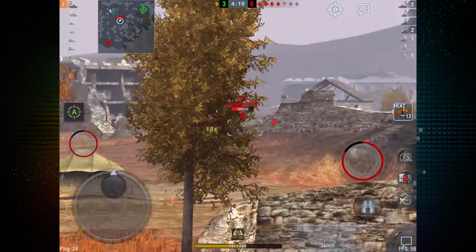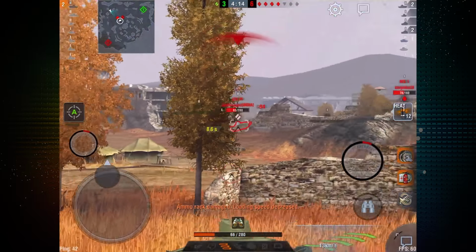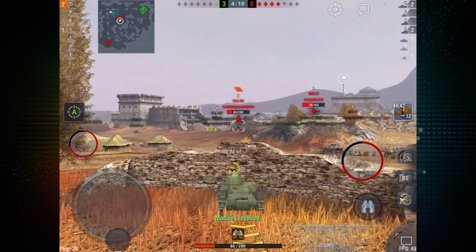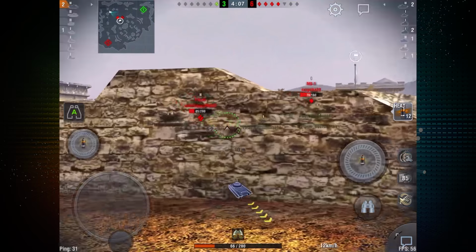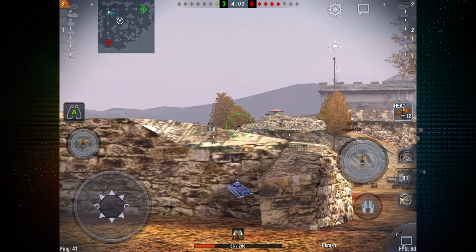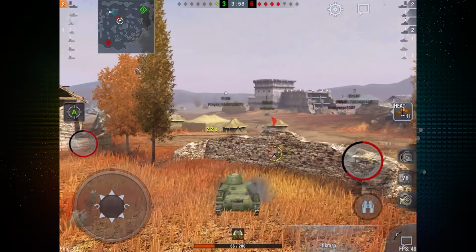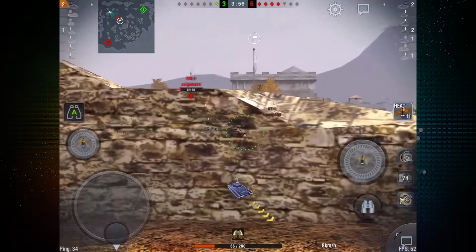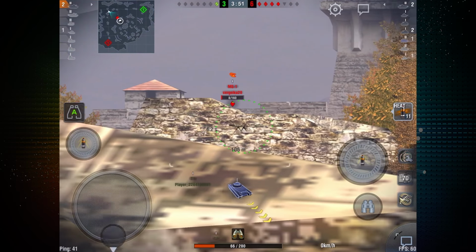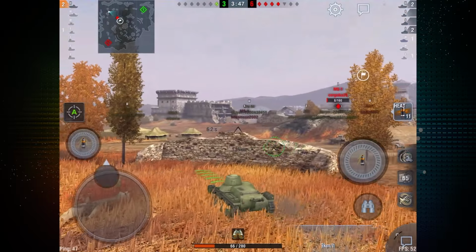So 1-on-4 is almost an impossible situation to come back from. And I'm making some mistakes against that Cheney, not thinking that he's going to be that accurate with his shots, but he gets 2 good shots into me. I have to repair the ammo rack. Not sure that MS-1 disappeared on me, so I went ahead and took a shot anyway. But I'm kind of just holding my own position here. And of course, you guys know how this is going to end, but